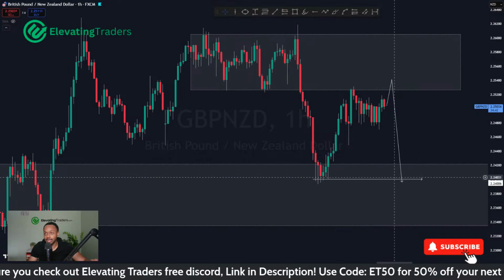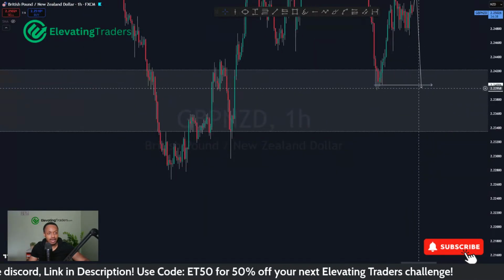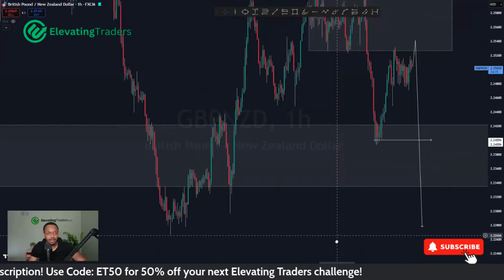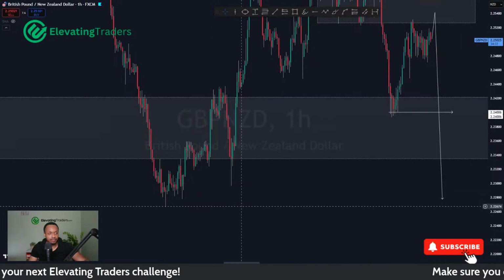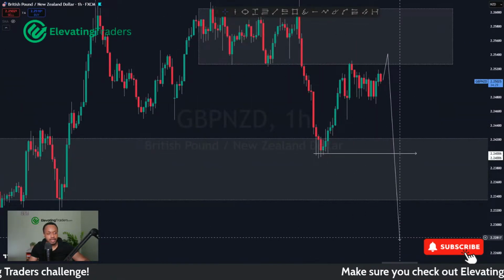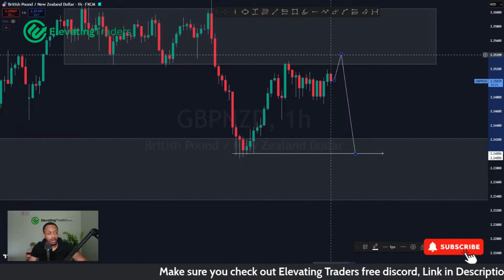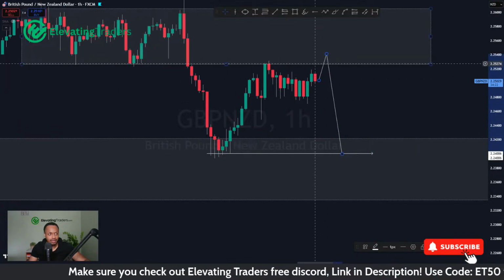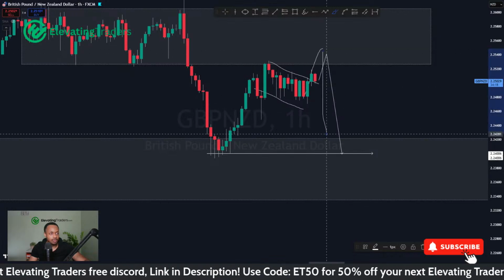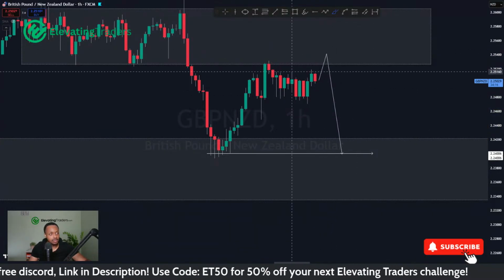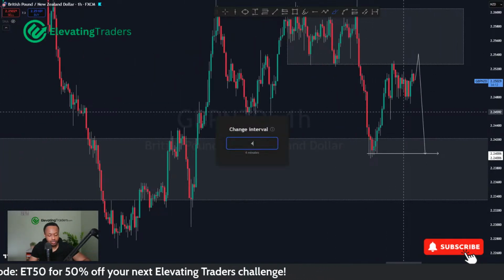I mean, that's a big level on the daily chart, as we just pointed out, so I wouldn't try and push past that. We could, of course, sell off to the low here, but I would suggest booking some profits down there first before trying to hold further. But yeah, pound NZD looks pretty good for a short. I'll probably wait to see if we can push back up again into resistance and then reject it again, because we've been very sluggish here. I like to see a push before a sell. But as long as we can hold 2.252, you're in a good place for a short.